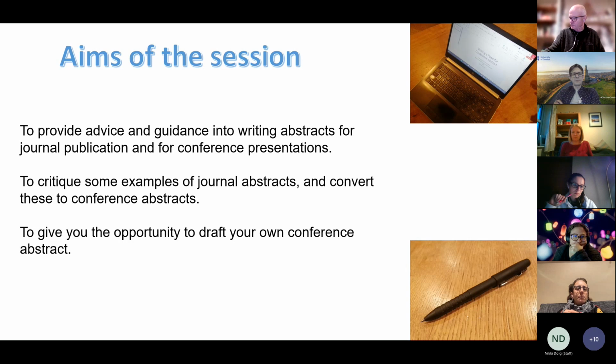The aims of today: we're going to give you a bit of guidance on writing abstracts, and hopefully powerful abstracts that will get accepted, both for publication in journals, but also for conference presentations. You might come at this from different perspectives. You might have a piece of research that's been submitted to a journal, even accepted by a journal, that then wants to be put forward to a conference, or vice versa. You might be on your way to getting it in a journal and you want to do the conference presentation to develop the discussions and the arguments and ideas and work towards that process. So hopefully we'll be able to cover both of those today.